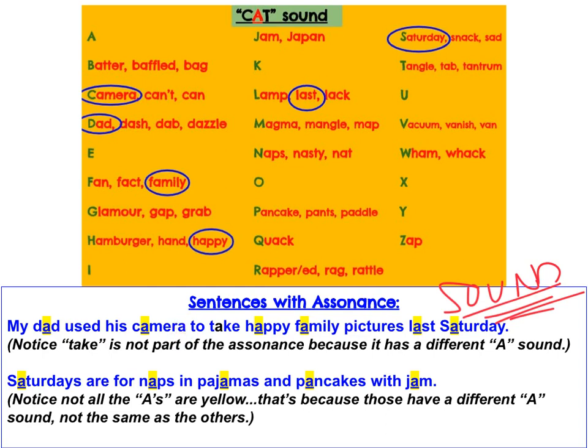This one doesn't count because does this A go ah? We don't say camera, right? We say camera. And so in this case, only this one is highlighted. It's only the first A that makes the assonant sound. So another example down here would be